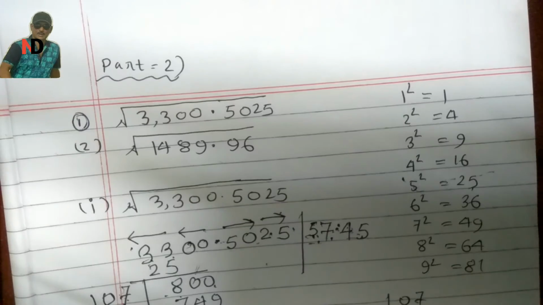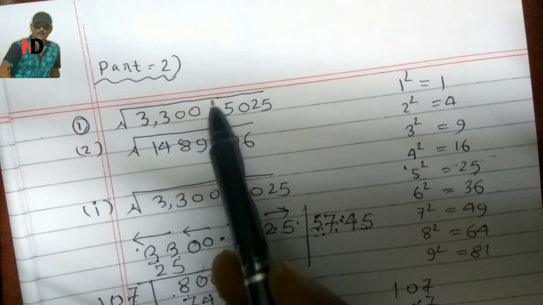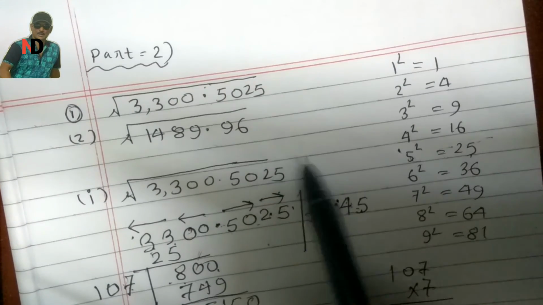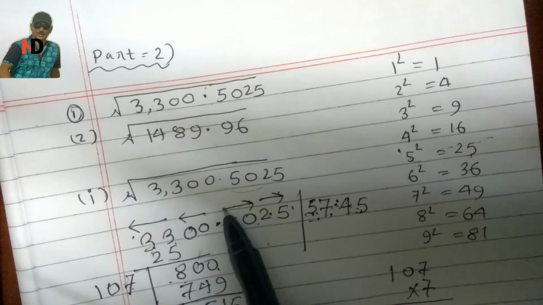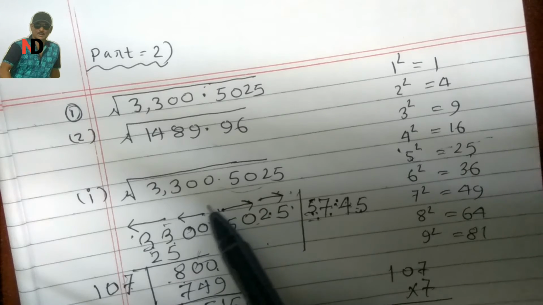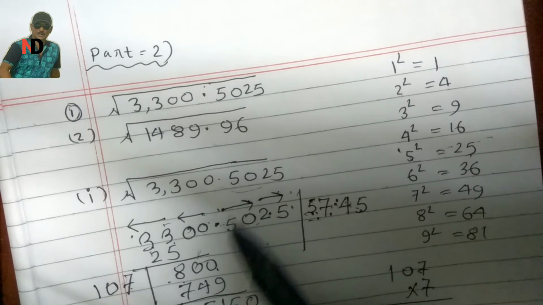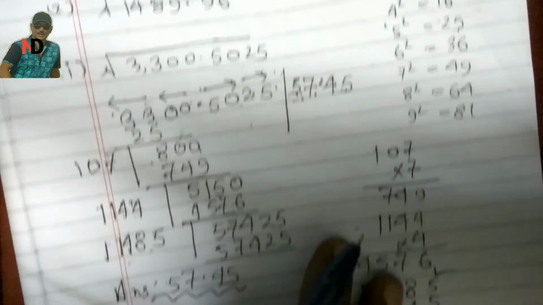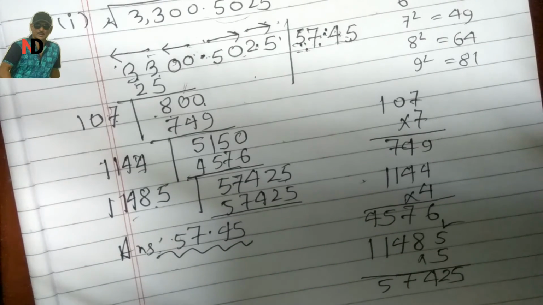Do not forget to see the first part. The basic rule is here. The difference is only that you start marking the double digits from the decimal point on the right hand side, and from this on the left hand side, and then as you learned in part 1, same thing. Next, let us do the second sum.